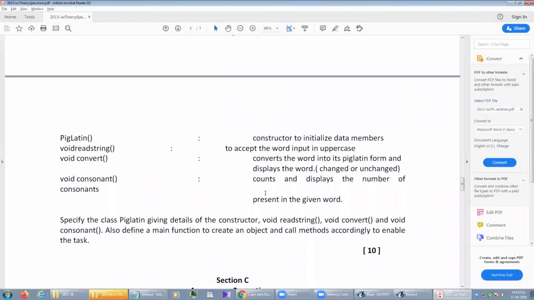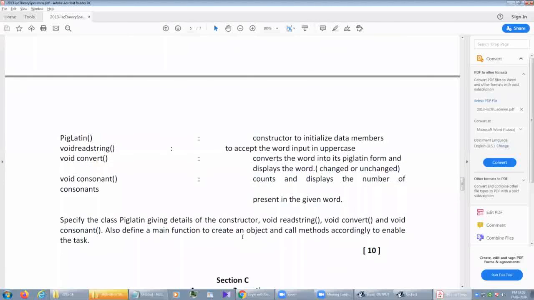Void consonant, to count and display the number of consonants present in the given word. Specify the class Pig Latin, with details of the constructor, void read string, void convert, void consonant. Also define the main function to create an object and call the methods accordingly to enable the task.